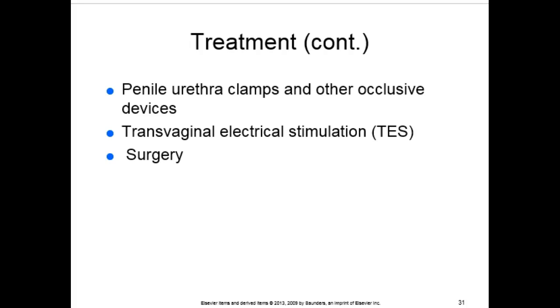Transvaginal electrical stimulation, otherwise known as TES, stimulates the nerves and muscles of the pelvic floor by an electrically charged probe. Stimulation is done in 2 15-minute sessions twice a day for 12 weeks. And then finally, surgery can be done to correct incontinence. Surgeries that are most often done in women are